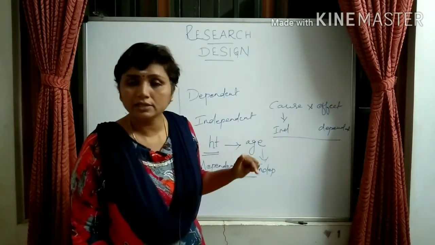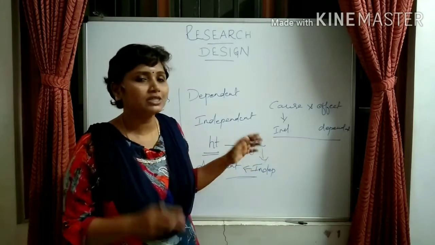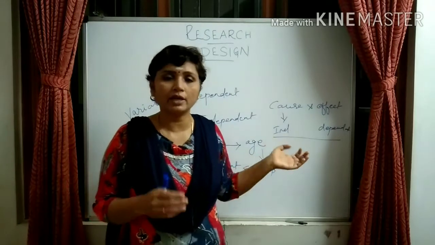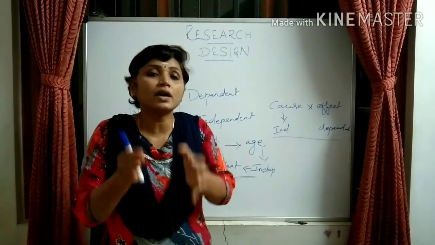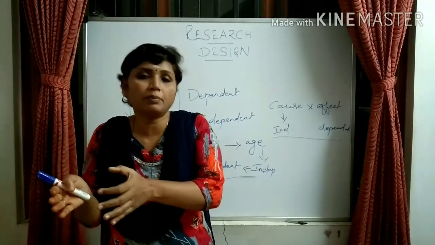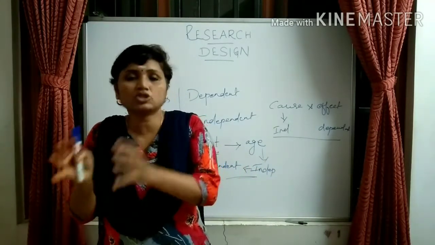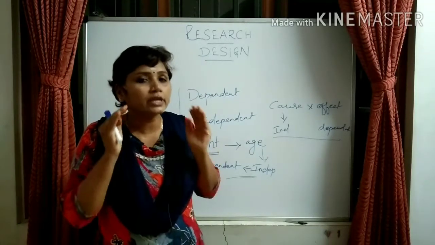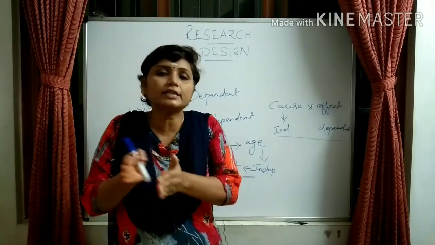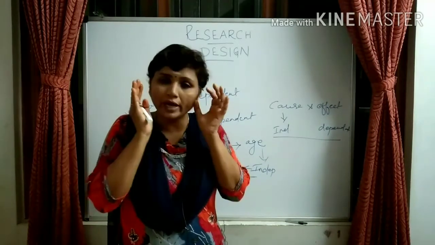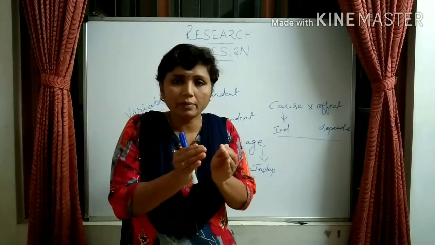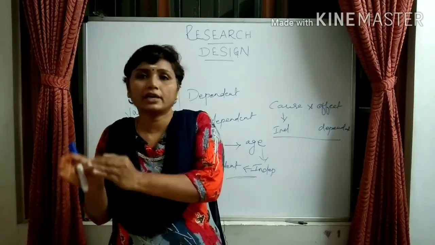Next terminology, control. What we have seen in the extraneous variable is that, other than the independent variable, some variable will be causing influences and producing an effect on the dependent variable. So here control means we are controlling the extraneous variables. When we want to analyze only whether the water contamination is causing the diarrheal disease,